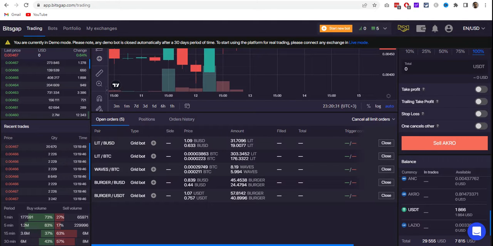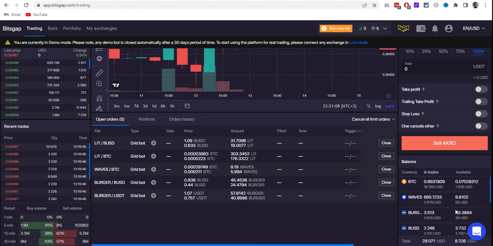Okay, I have 0 AKRO, I have 0 Lazio. It is 0 point, which is not much, but this one cannot go over 0 USD. So I have 0 USD on Lazio, AKRO, and ANC,